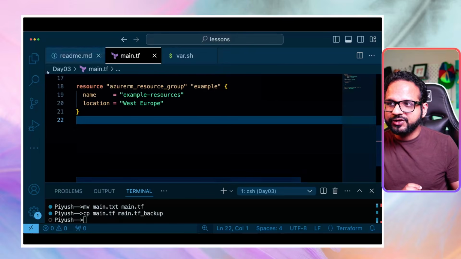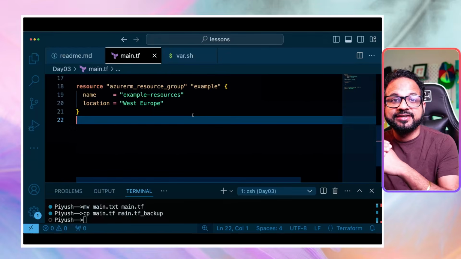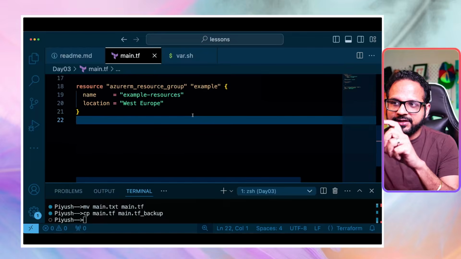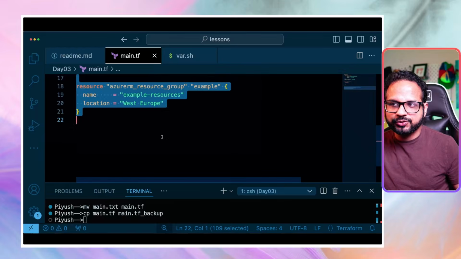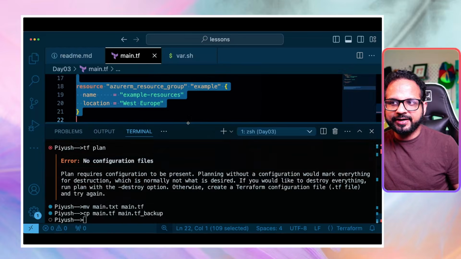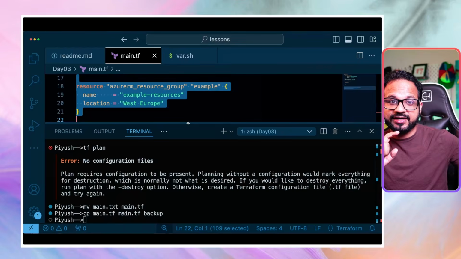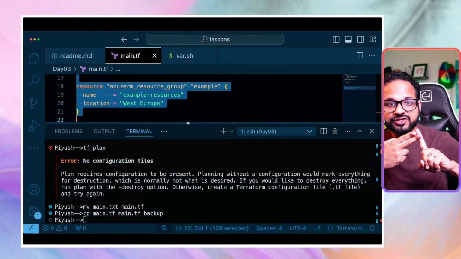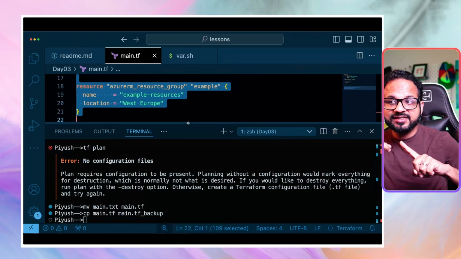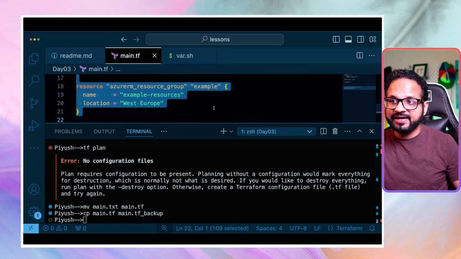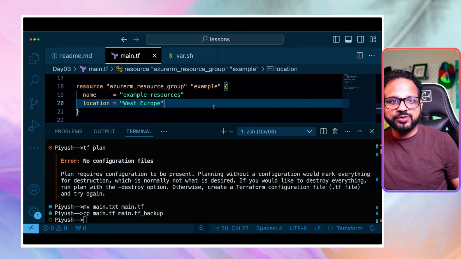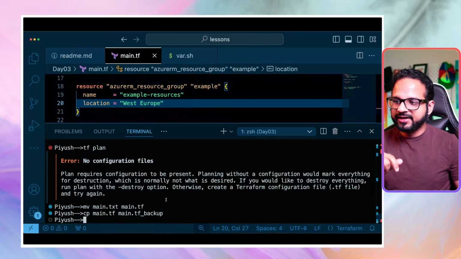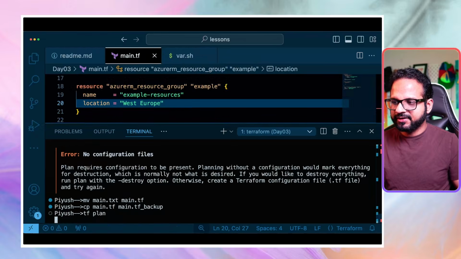This configuration file that we are providing to Terraform is the desired state that we want. Because in our file we only have the Azure resource group, it will check that with the actual state. In the actual state, we have resource group plus storage account, right? But the desired state is just resource group. So it will detect that and say, hey, I don't need the storage account because it's not in the .tf file, so delete that. So if I run tf plan,